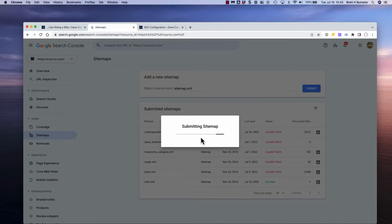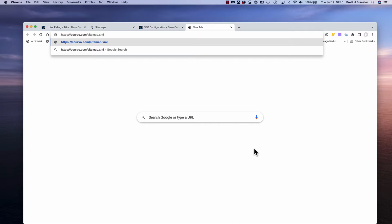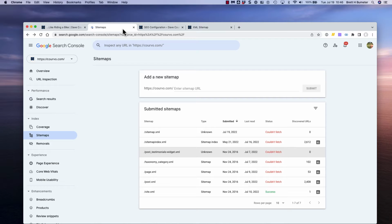We'll hit submit, and sometimes a sitemap, think of it as a list of all of your articles, will have other sub-listings in it, and we have these here. So this sitemap goes to additional deeper levels of sitemap. So you can think of this as something like an outline, and these are your main heading, topic headings in the outline, and clicking those takes you to the next level in. And for Google purposes, we're going to